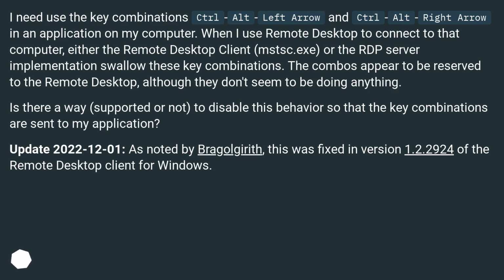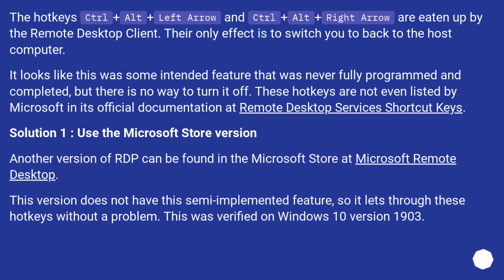As noted by Bragglegareth, this was fixed in version January 2, 2924 of the remote desktop client for Windows. The hotkeys Ctrl+Alt+Left arrow and Ctrl+Alt+Right arrow are eaten up by the remote desktop client. Their only effect is to switch you back to the host computer. It looks like this was some intended feature that was never fully programmed and completed, but there is no way to turn it off. These hotkeys are not even listed by Microsoft in its official documentation at Remote Desktop Services